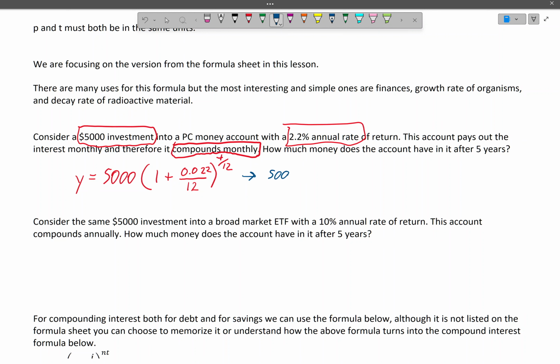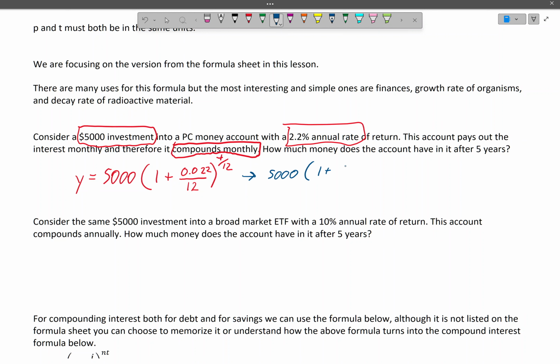So this is going to be 5,000, 1 plus 0.022 over 12, and then 5 over 12. And so how much money are we going to have after that amount of time? So let's type this in our calculator. And notice that I'm typing it in exactly as written on the page. I don't want to accidentally have my brackets in the wrong place, so I'm writing it exactly with the fraction button. I press enter,